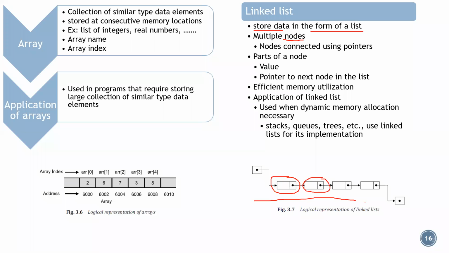As this is again a collection of data elements, we can have multiple nodes. And when we have multiple nodes, since we have to provide the linkage, we have to give an indication of what the next element is and where it is. So I have to provide the linkage between these. In order to do that, we make use of pointers. For what purpose is the pointer used?